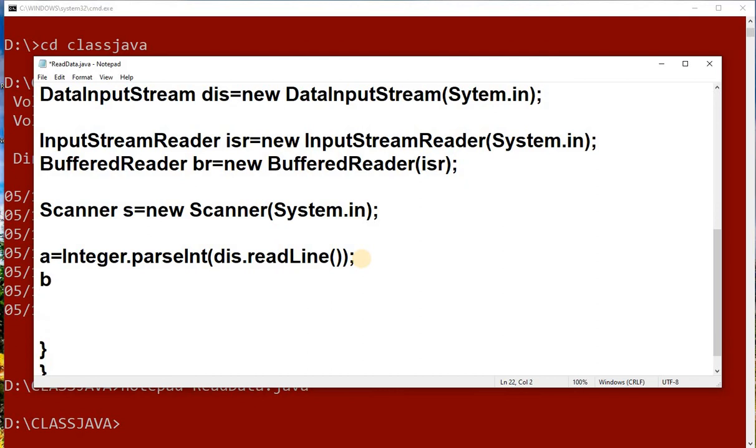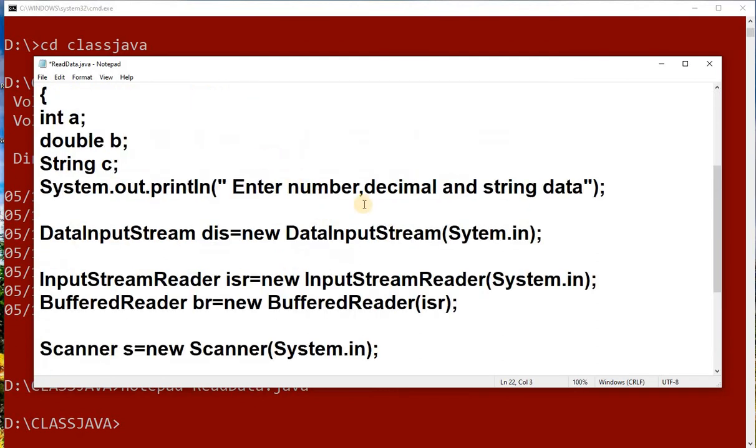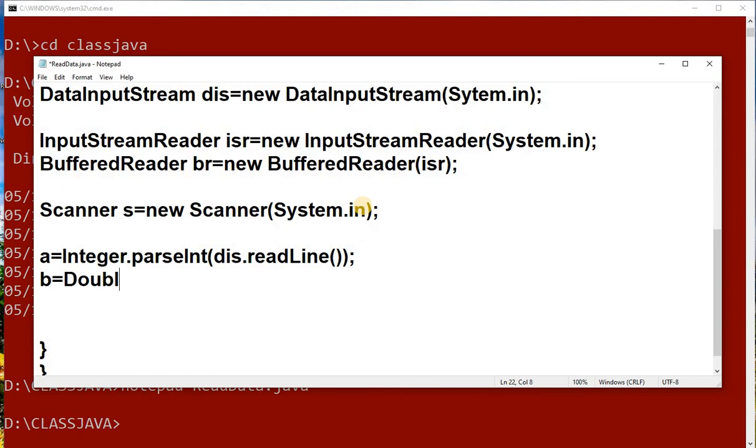Now we say b. What is b? Double type. So we have a class here, and remember, whenever the first letter is capital, it is a class. If the second consecutive word starts with a capital, like for example parseInt, parse is the first word, Int is the second word, then you consider it a method. Same way, this is an object. Now you can say readLine is a method, because read is one word, Line is the second word, and L is capital.